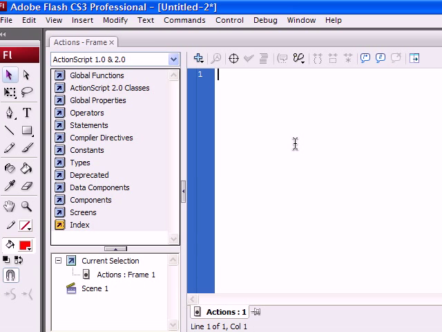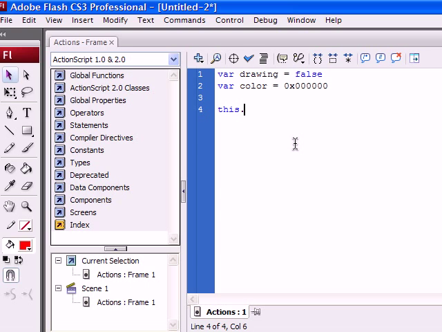the frame actions. So we're going to make a variable and we're going to call it drawing. So we'll type var drawing equals false. And we're going to make another one called color. So var color equals 0x000000, 6 zeros. And then we'll type this.onMouseDown equals function,